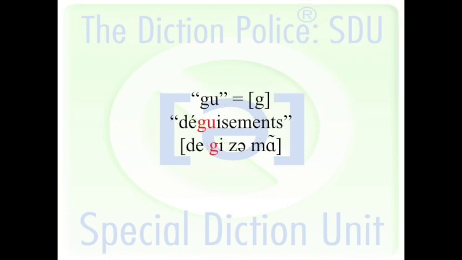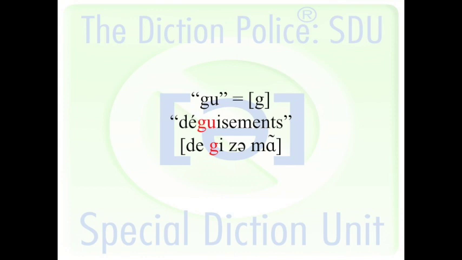We also have a U after a G. Yes, so it looks very similar to the QU. In this case, it's the GU, and the word here is déguisement at the end of the first stanza. In this case, the U serves to harden a G that would have been soft because of the following vowel, which in this case is the I. So when you're saying soft, we're meaning a G that would have become J.